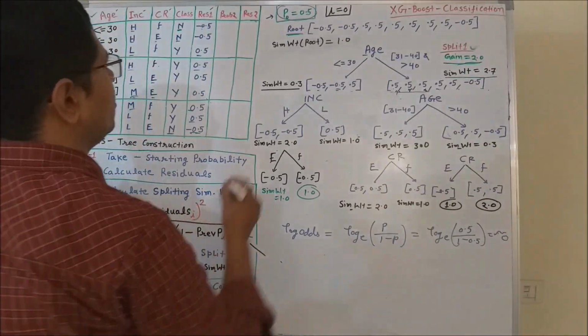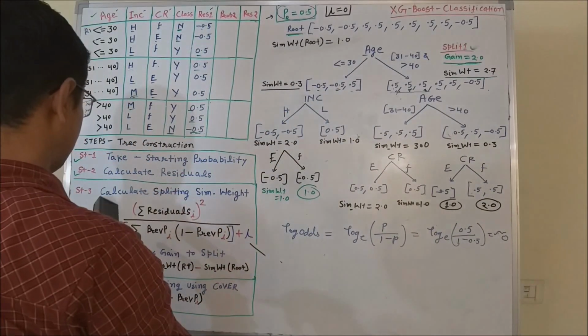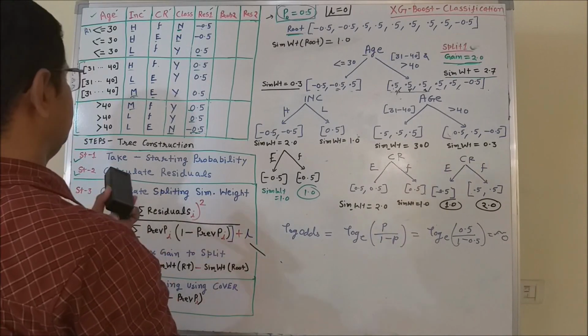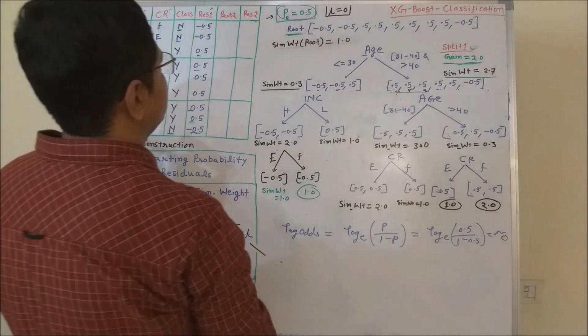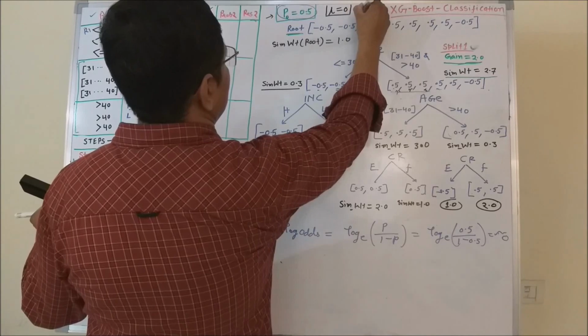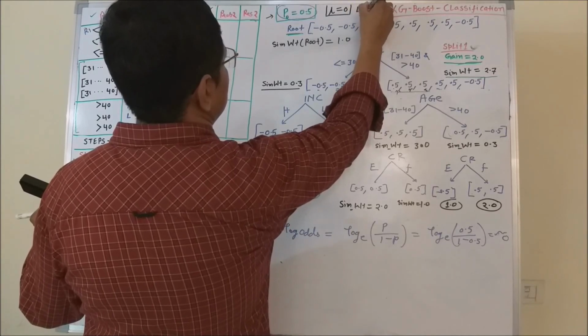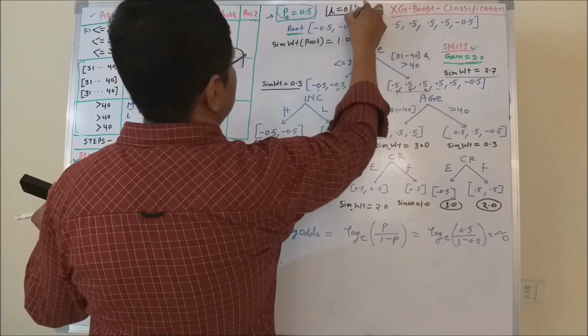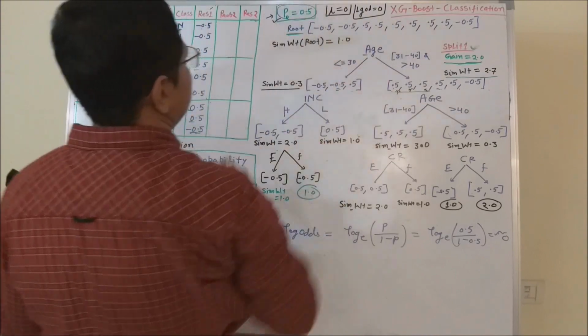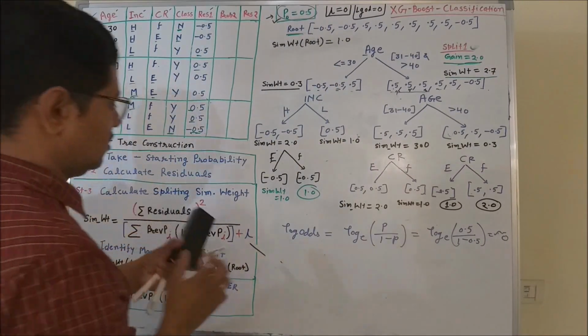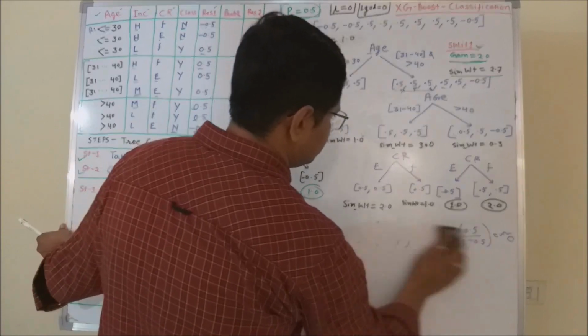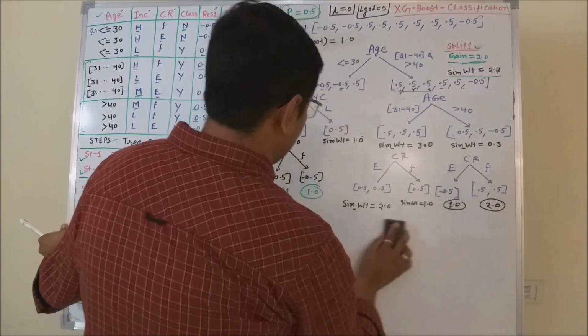So we can keep the record of our log odds also. We say log odds equal to 0 for previous probability. So we take this value, and then